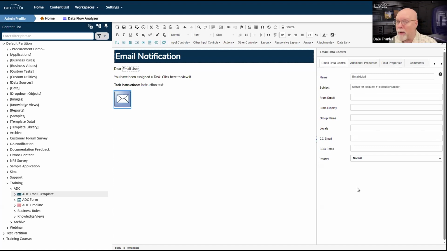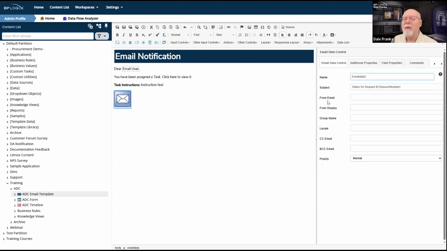Now, normally we don't fill these out. Normally, the only thing we really care about is the subject of the email. In fact, we often just don't care about what the name of the control is. We kind of just slap it on there and it's email data 3 and we're fine. We are going to have to care today about the names, because we're going to have multiple sections on this email. And that means we're going to have multiple email data controls, because each email is going to have its own unique subject.